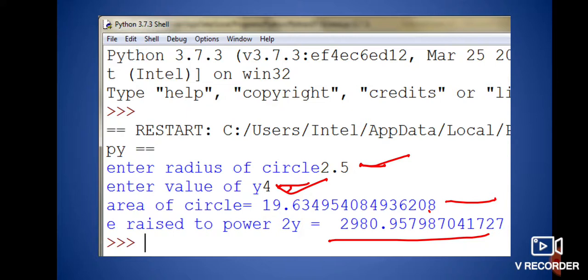So these were the various elements which are present inside the math module of the Python library, and there are certain built-in functions in the math module also, means built-in functions related to math, one of which was the power function. In the next video we are going to discuss the built-in functions of the math module, but here you can see that these are some important elements of the math module.